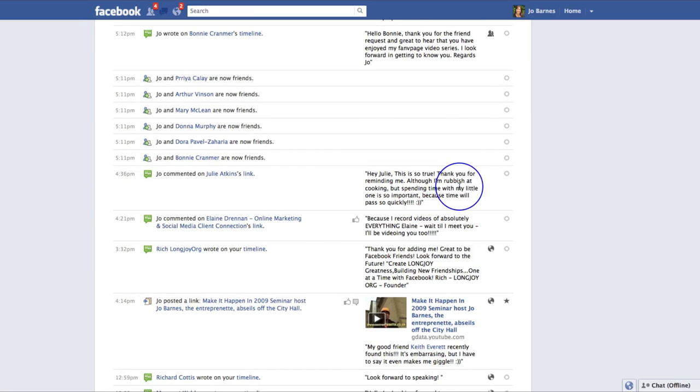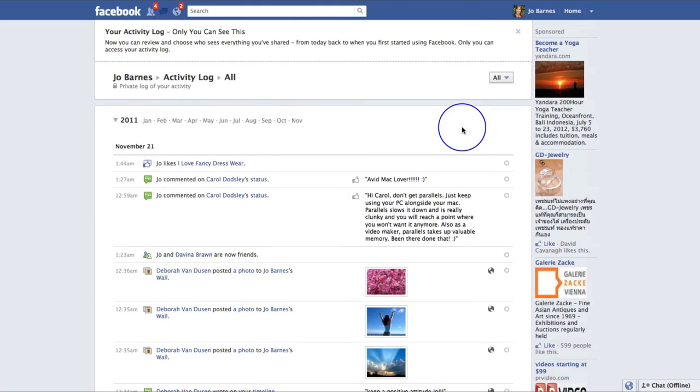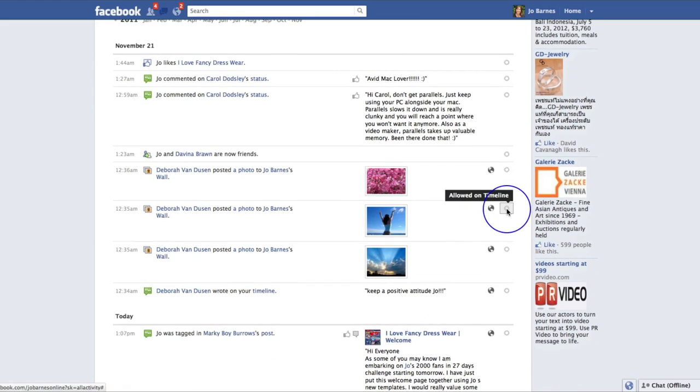So this really is a digital scrapbook. Do you see that? You're creating a scrapbook on your wall, and you can go through and play around with exactly how the stuff looks on your timeline. And as I said, you can even update who sees it. So I've got this as public,